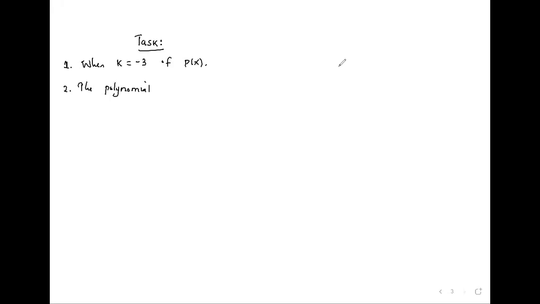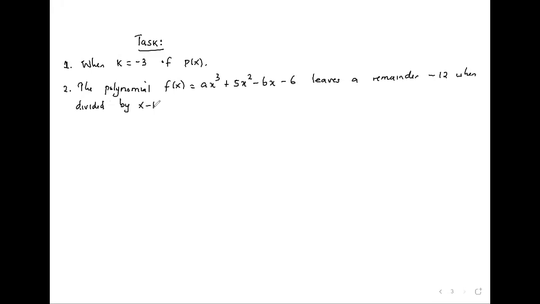So the polynomial f of x is equal to ax cubed plus 5x squared minus bx minus 6. It leaves a remainder of negative 12 when divided by x minus 1. If also x plus 2 is a factor of f of x,